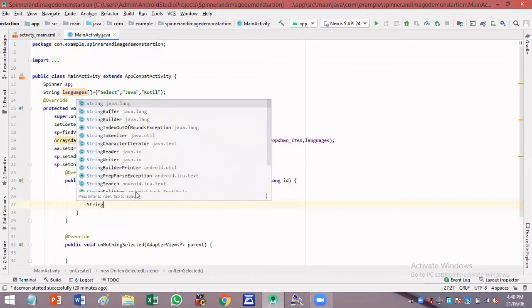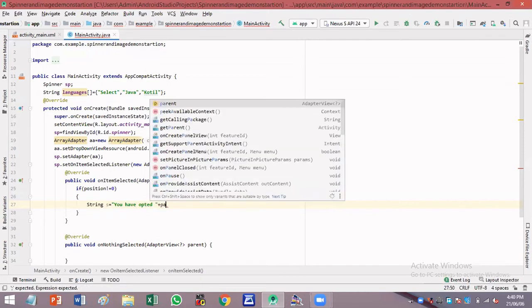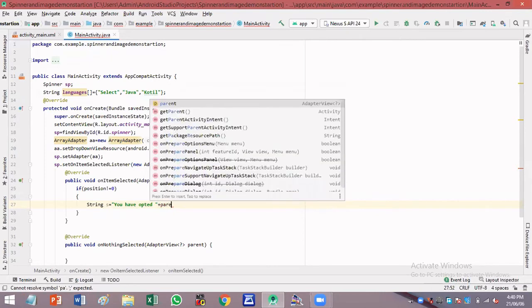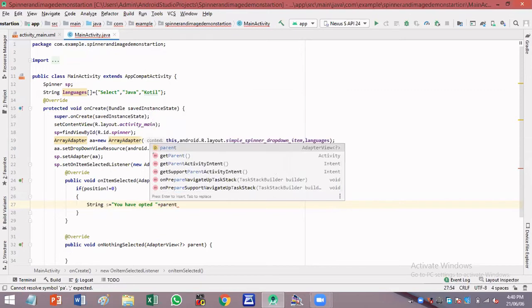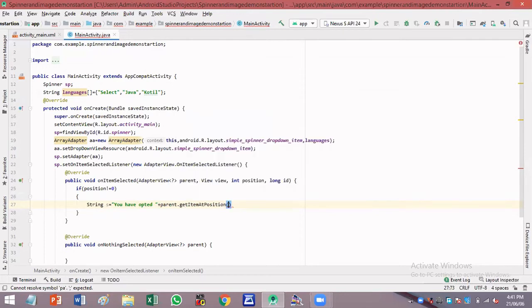So I'll be generating a string s equals, within double quotes, you have opted, plus the option, which will be obtained by writing the code parent dot getItemAtPosition.